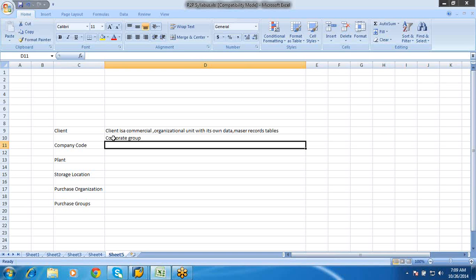Next, if I move on further, we have the company code. This is an organizational unit with its own